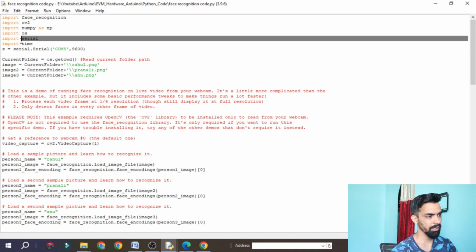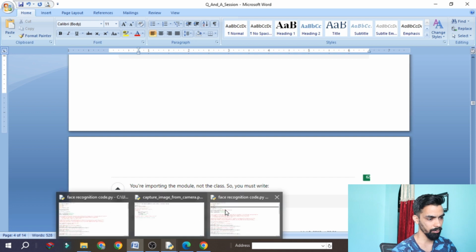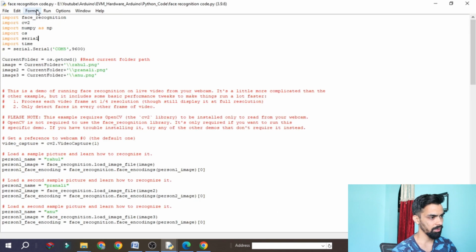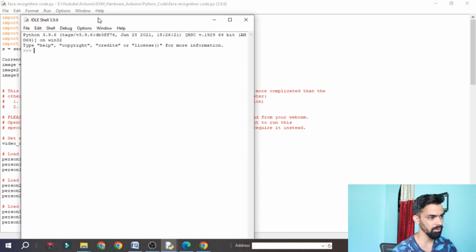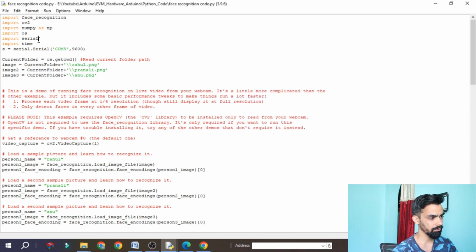So you have to replace that import serial with from serial import Serial. It is very easy. Let me change it here itself. This line, import serial, you have to replace.